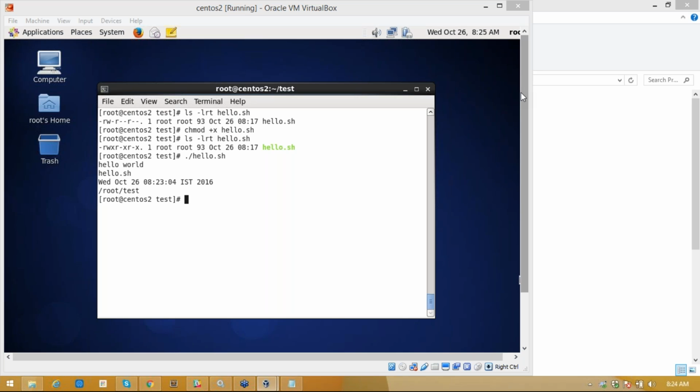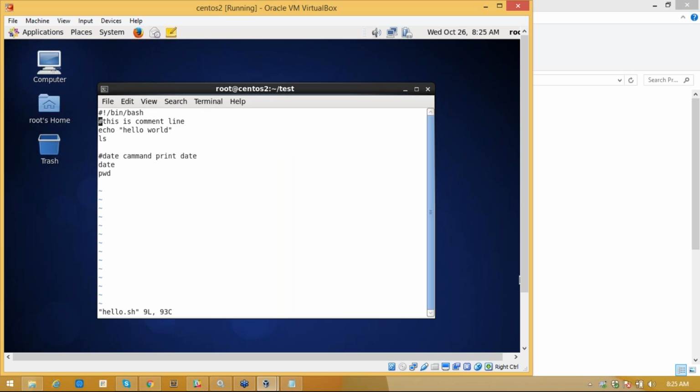Let us edit some more things in our script. I can say vi hello.sh. In general, if you are writing anything, you can give a comment so that people can understand what you are doing. The shell will not read the comment, but other people can understand. List all the local files.